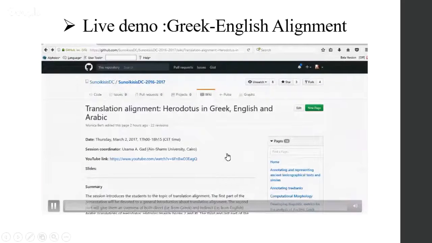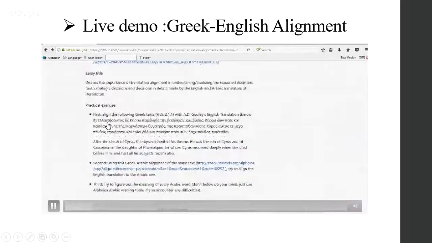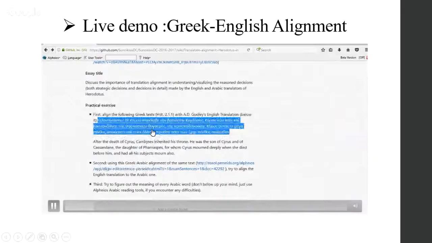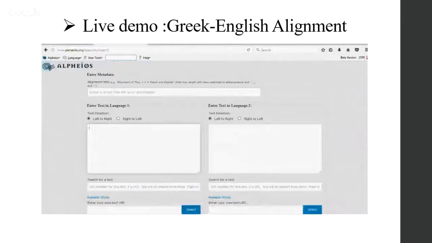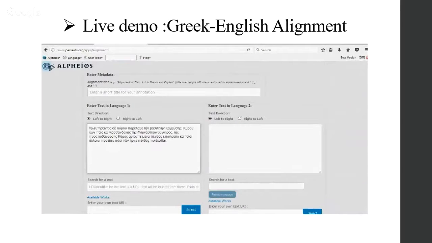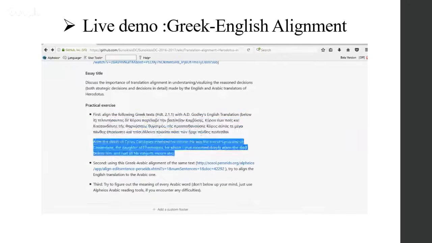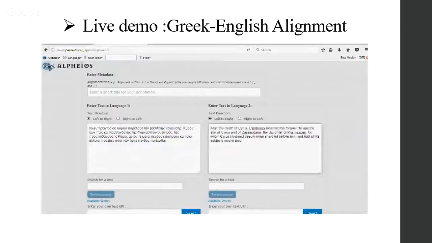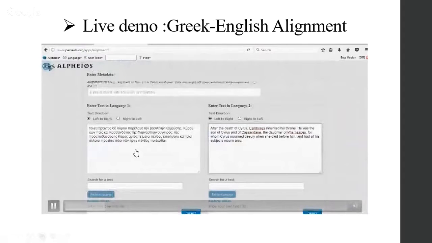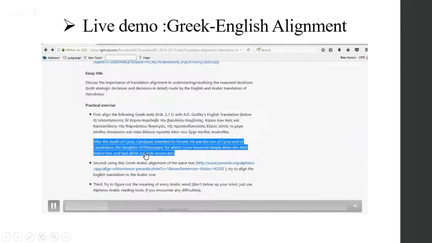You go to the page of the SunoikisisDC and copy the Greek text, as I told you, and then go to the left box and paste it. And if you choose the English translation, you take it and put it on the right hand side box, and then go to the title. Try to give a title which you will be able to differentiate between your works.